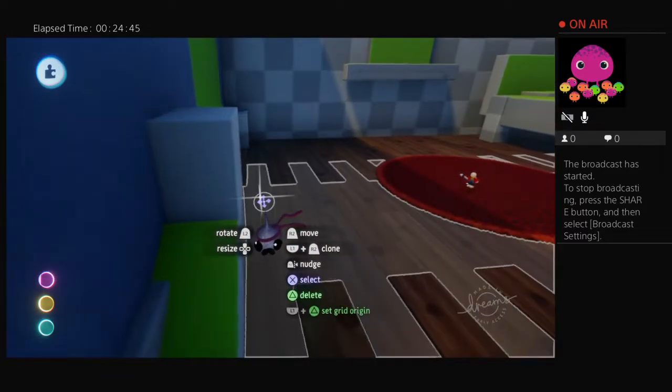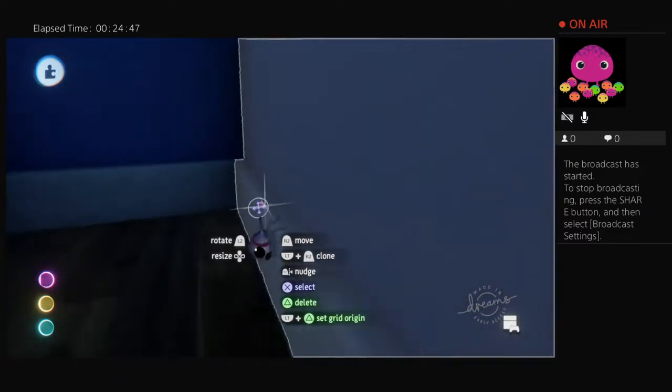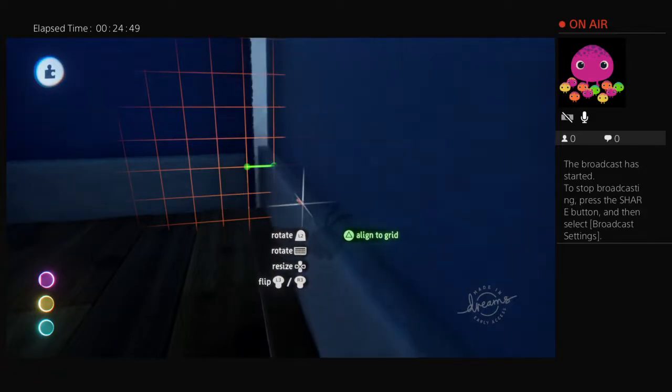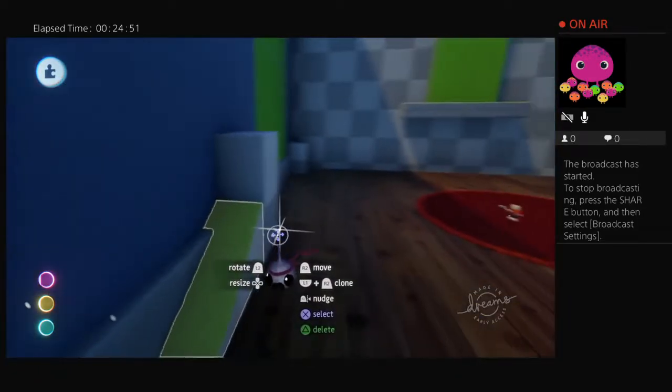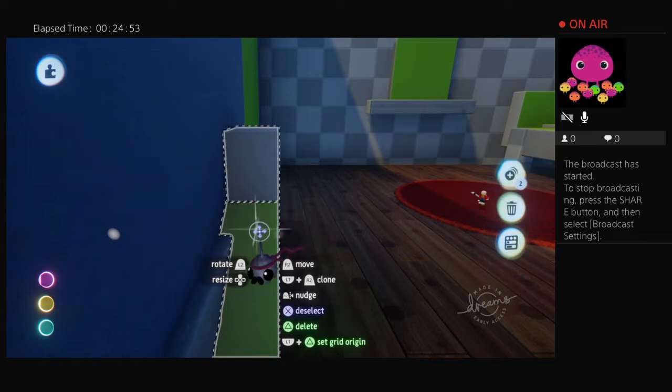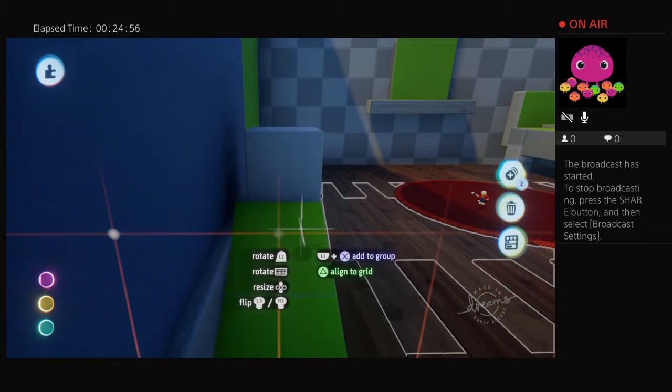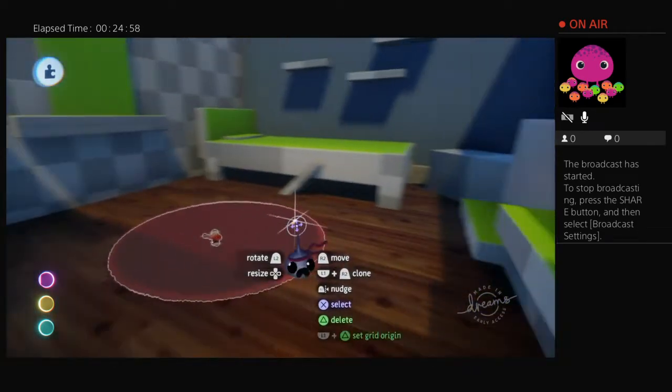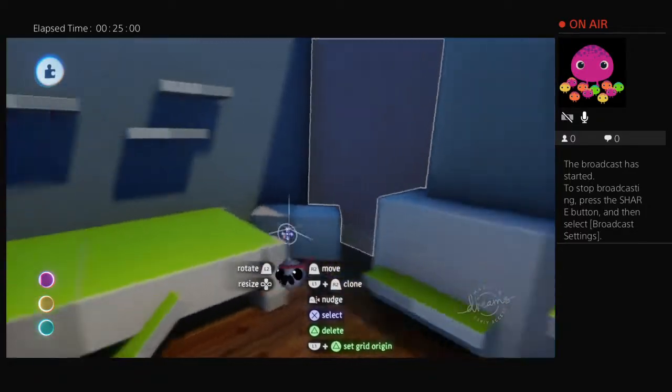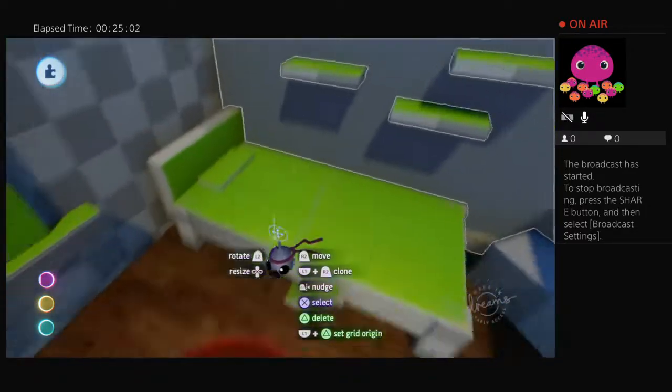Zoom in. That looks correct, but I'm going to push it back just to see. Yeah, that's correct. So now I'll take my trash can, move that away, and then